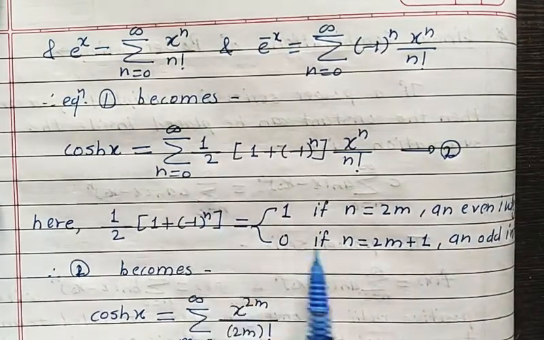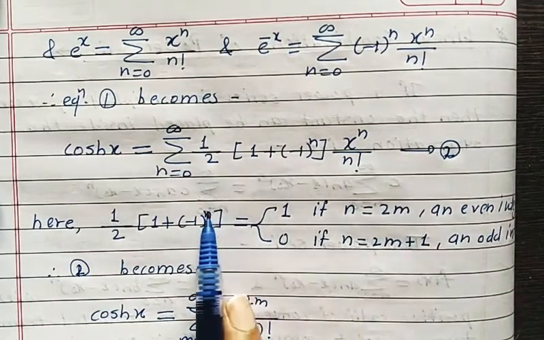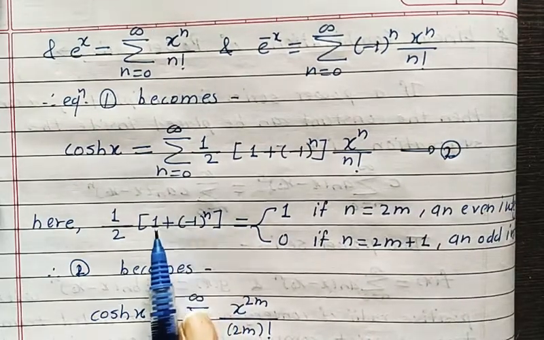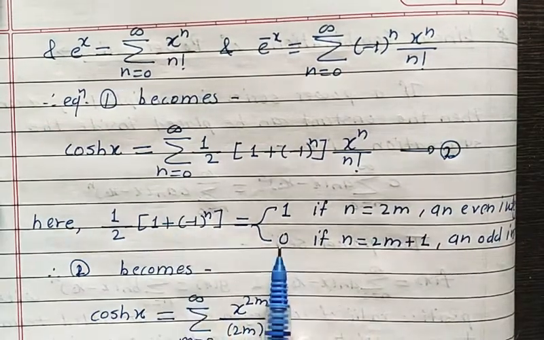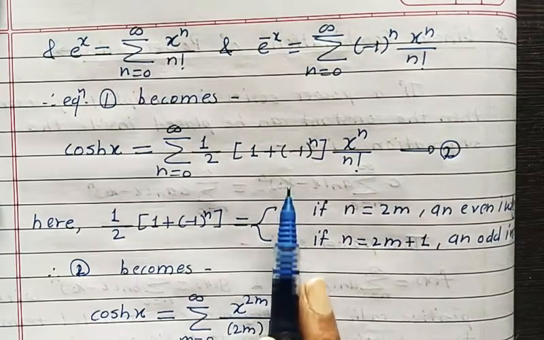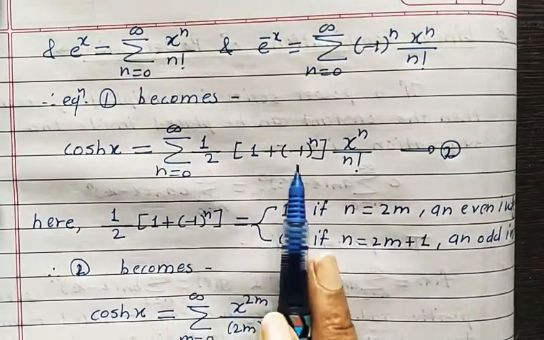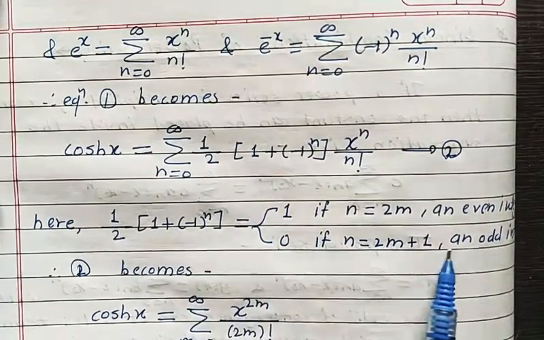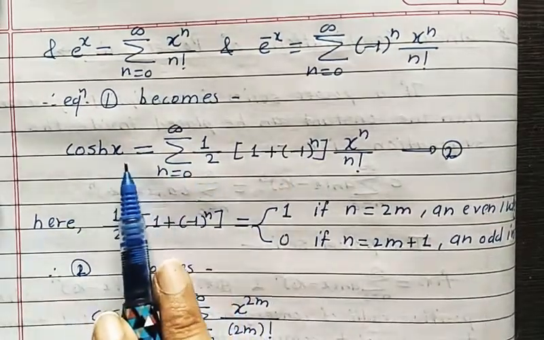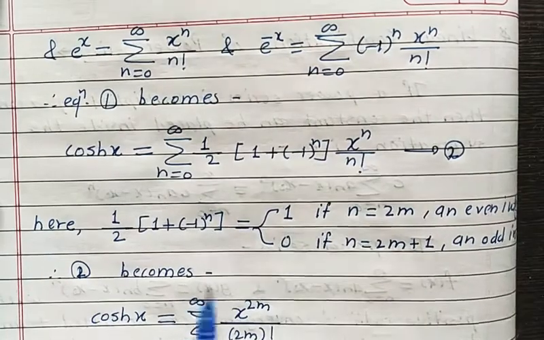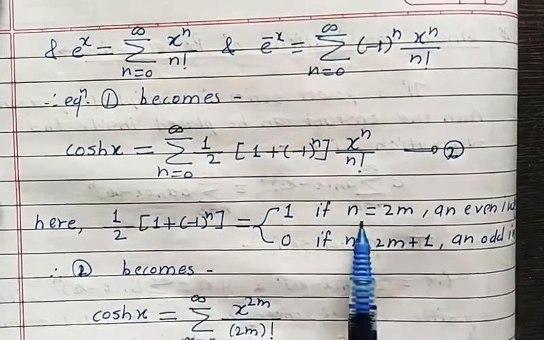And if n is odd, if n is equal to 2m plus 1, then it becomes minus 1. So 1 plus minus 1, that is 0. So finally we get 0 here. So it has two answers, means what? It will be 0 if n is odd. Okay, means cos hyperbolic x will be 0 if n is odd, and it has some value when n is